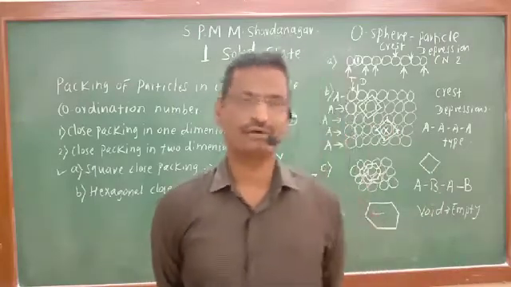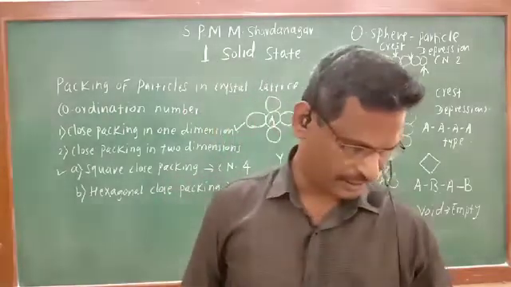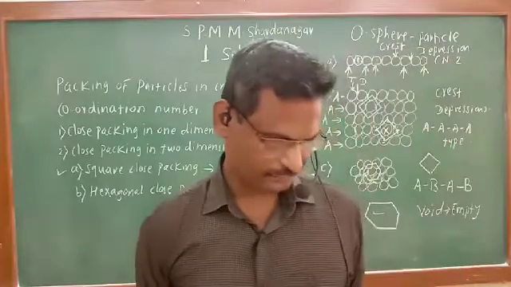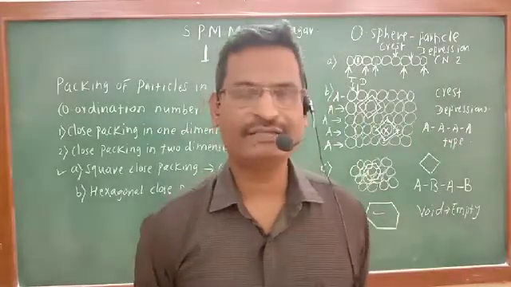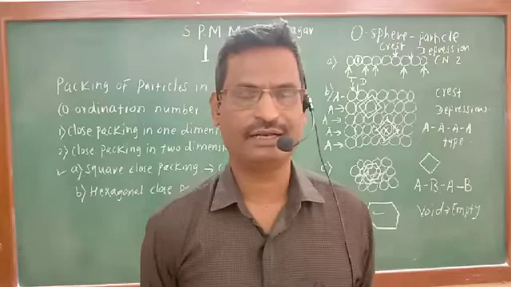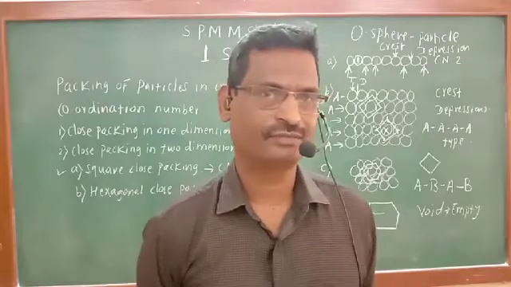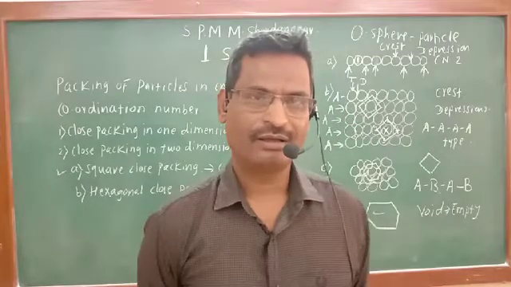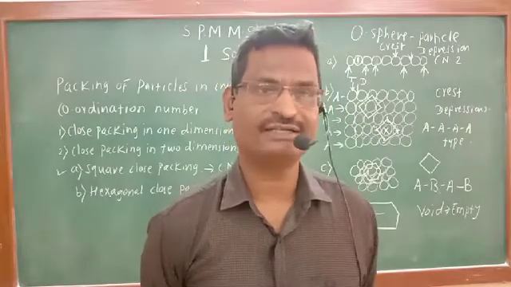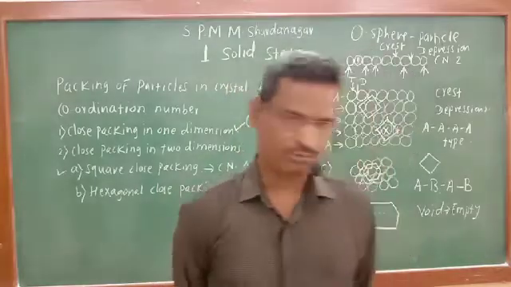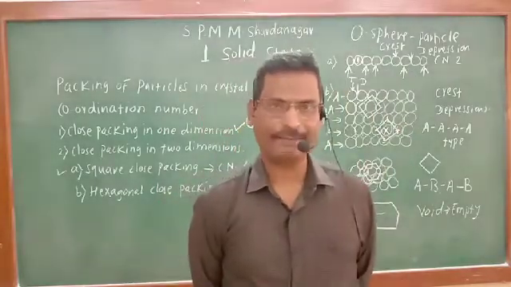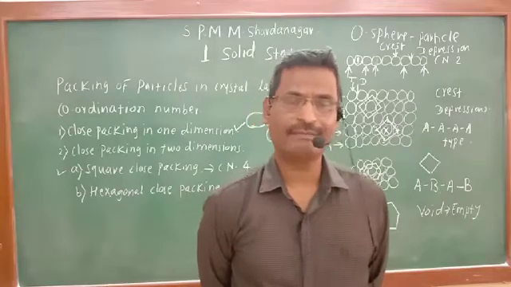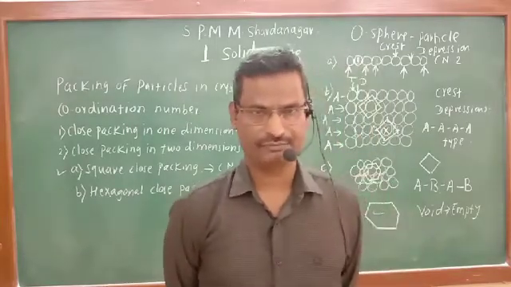Those calculations we have seen in the last lecture in detail, followed by the relationship between molar mass, density and edge length of unit cell. That expression we have studied, and finally we have arrived at the expression rho, that is density. Rho will be equal to small n into capital M divided by small a cube multiplied by capital N small a.